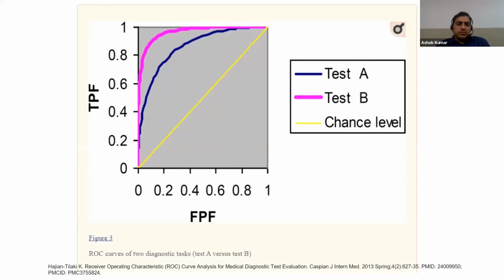So we get the ROC curve in SPSS, something like that. This is the false positive rate, and this is the true positive rate. Okay, we have already explained, this is test A, this is test B, this is the chance level, the null value, 0.5. You can see test A is blue, and this is test B, in purple. So which is better to detect the disease, if the disease is present and the test is positive? We can see that test B is superior or better than test A.